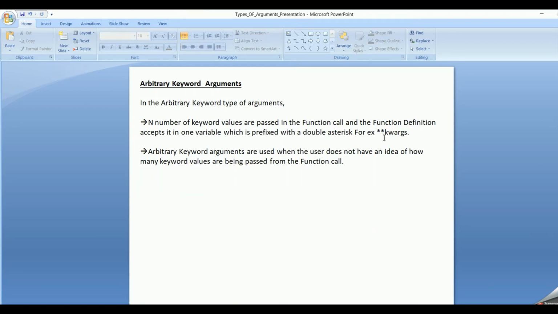Double asterisk, that is double star kwargs. The variable name can be anything, but it should be prefixed with two stars. So this is used when a user does not have any idea of how many keyword values are being passed from the function call.